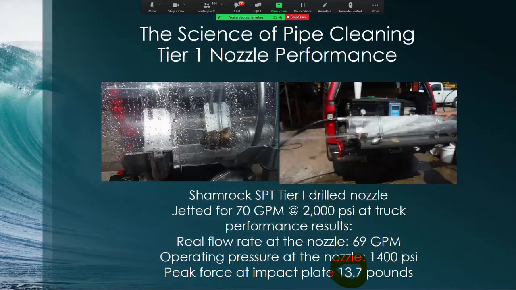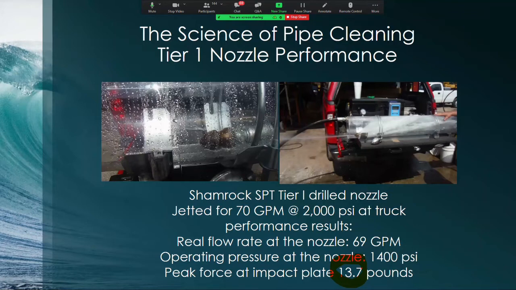So what we did is we took different nozzles from the marketplace. We asked the manufacturers to provide us with nozzles that were jetted at 60 gallons a minute for 2,000 psi, because we wanted everything comparable to comparable. This manufacturer actually sent us a nozzle jetted for 70 gallons, which I guess might have been an advantage to them. But what we end up looking at here is we have a 70 gallon a minute nozzle, 2,000